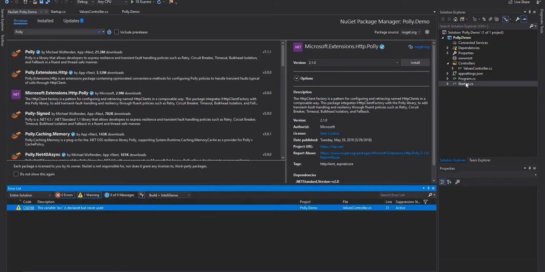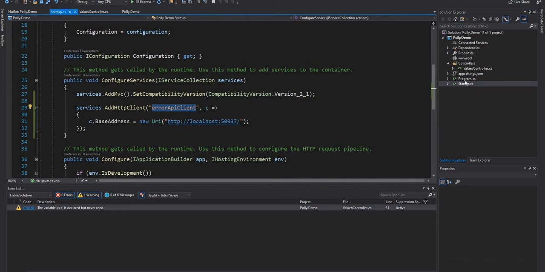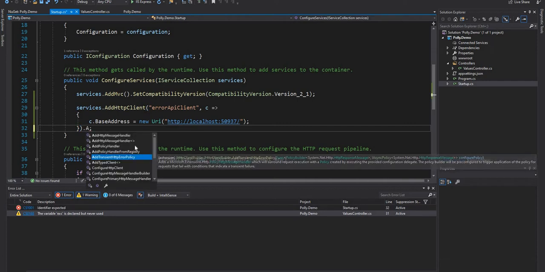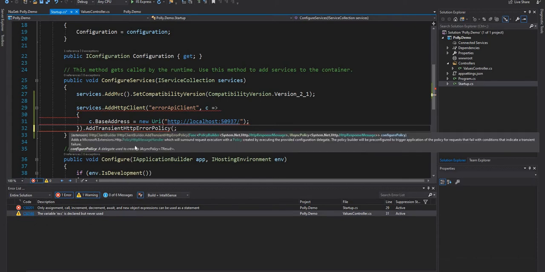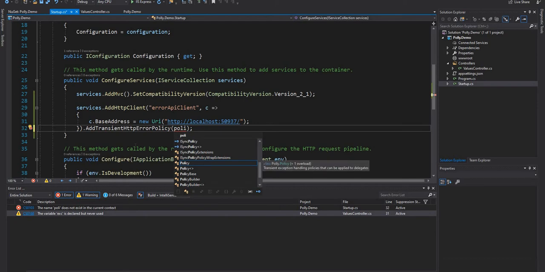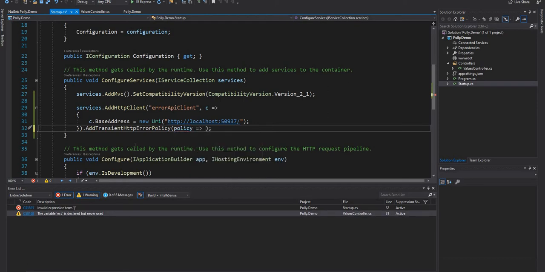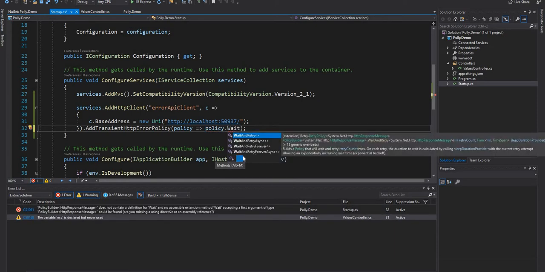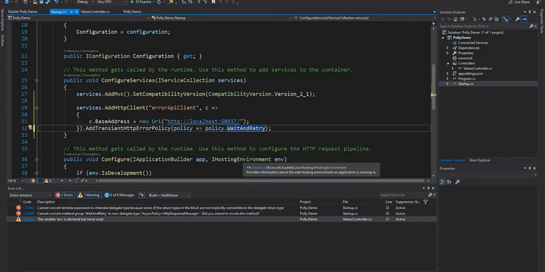Okay. So now we installed the extension for Polly, and here we are going to add the Polly configuration for retries. So here I'm going to add the transient HTTP error policy, and here I'm going to say use the Polly retry policy. So I'm going to say wait and retry policy, wait and retry async, and I'm going to do